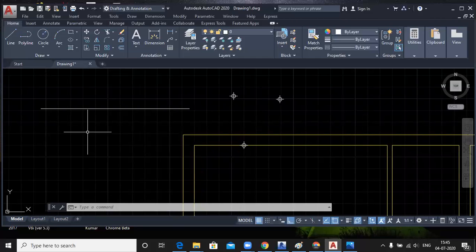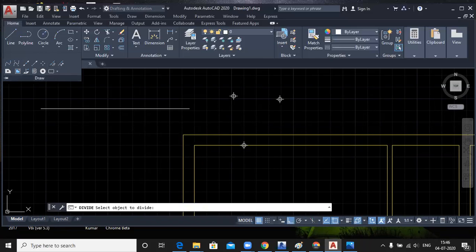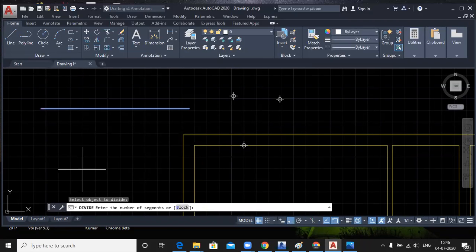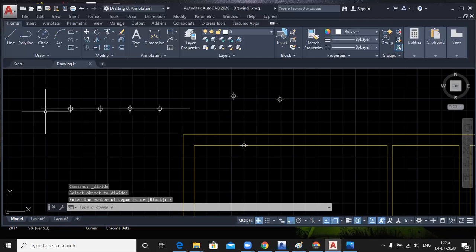You can activate your divide command and click on that object. Now enter the number of segments. How many equal parts you want? 5. Type 5 and press enter. See, we have 5 equal parts of this line.